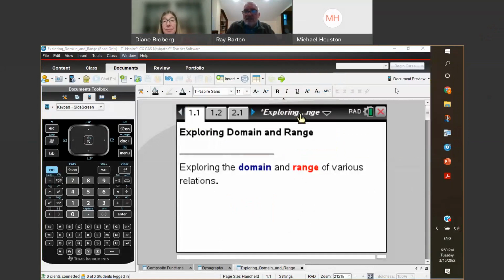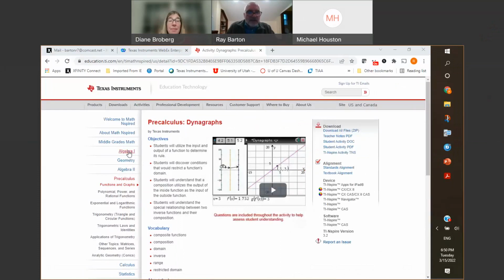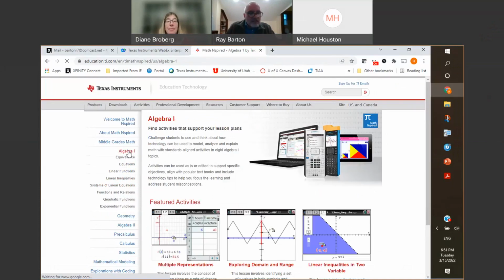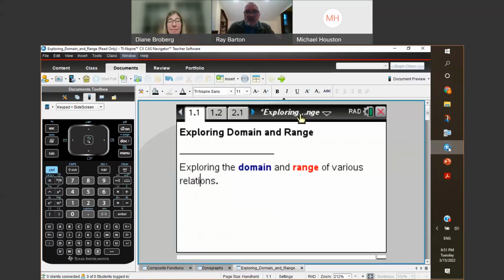Okay, thanks. So this is another one of those Inspire documents, which you can find if you go back to Math Inspired, under Algebra. Then if I click on Functions and Relations underneath Algebra, it's called Exploring Domain and Range. I've downloaded it, and this is what it looks like. I'm just going to take you for a quick tour through the document, and then if you're interested in how that student activity looks, you can download it for some great suggestions